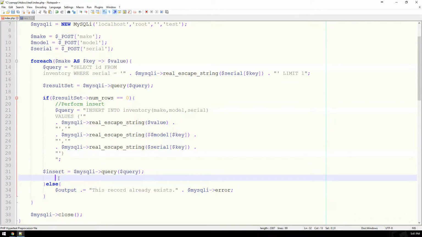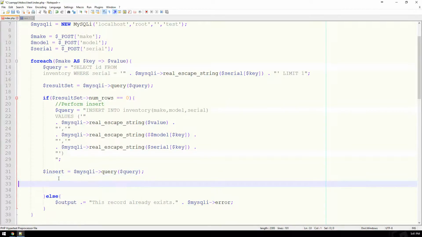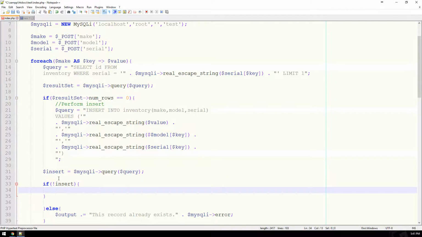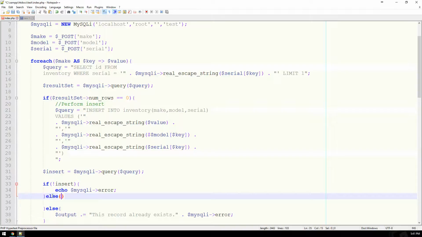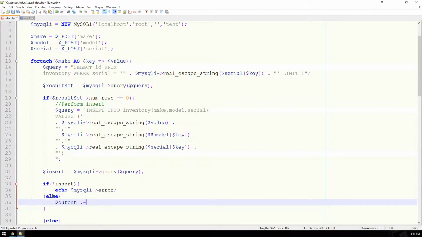All right, so what I can do down here is I can say if not insert, echo mysqli_error. Else, output is equal to, and we'll put this in a little paragraph here, successfully added, and then we can say serial key,